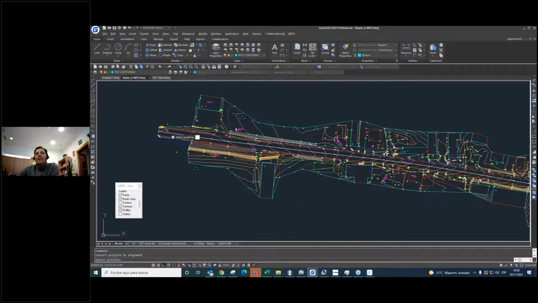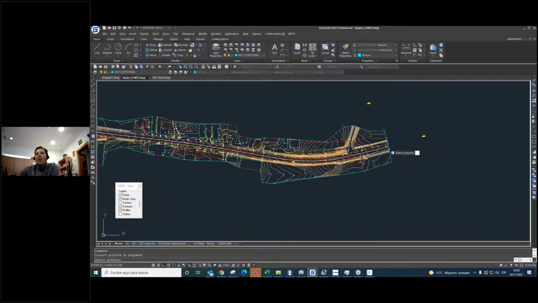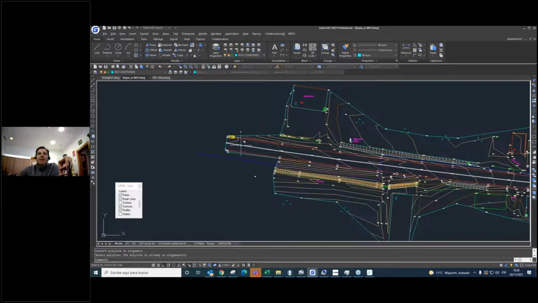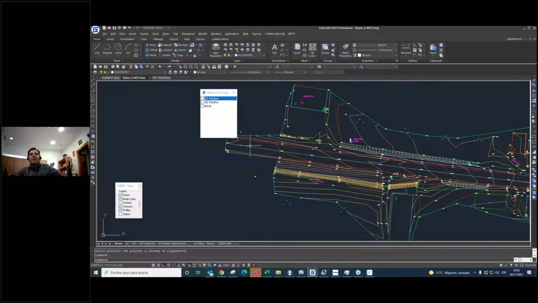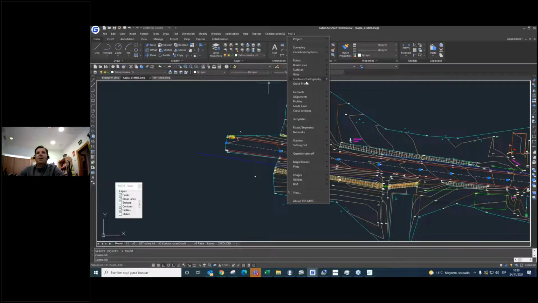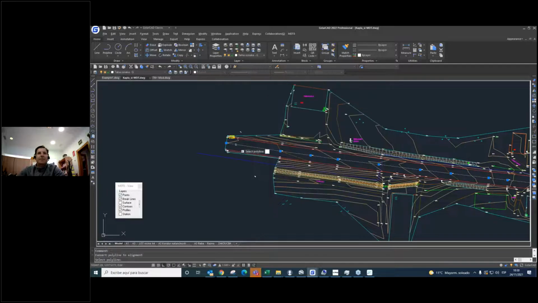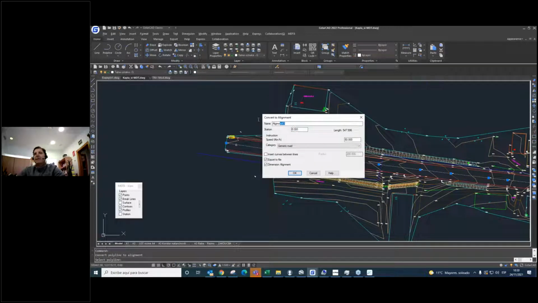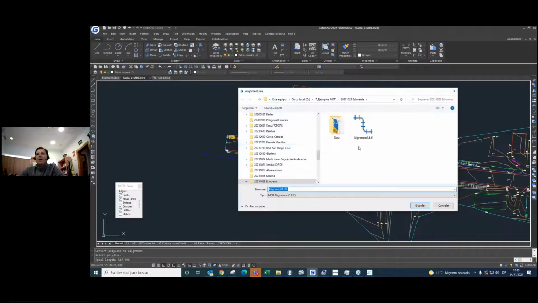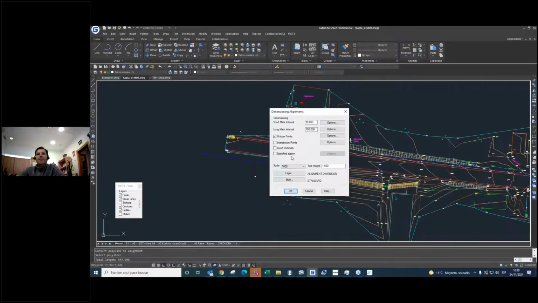I'm going to convert that polyline into our horizontal alignment. Here it is. This is the name of this work. Save. And here it is.